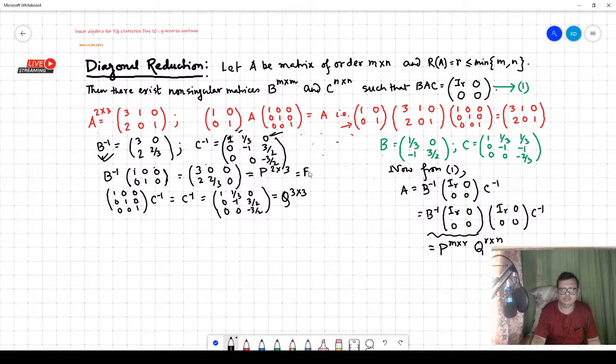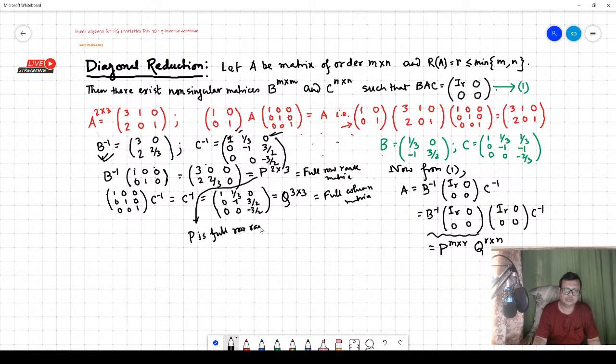This is a full row rank matrix, and this is a full column rank matrix. So since this is a full row rank matrix, then the right inverse of P exists,